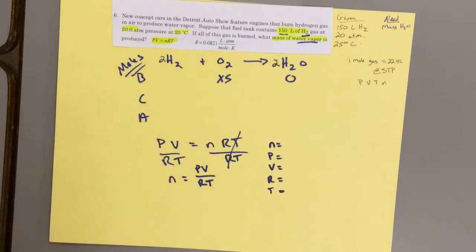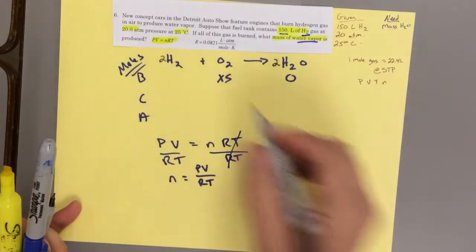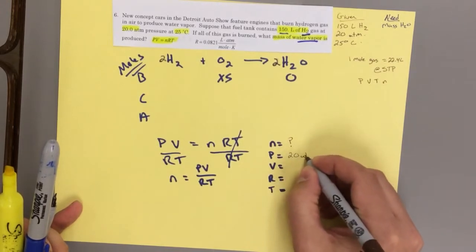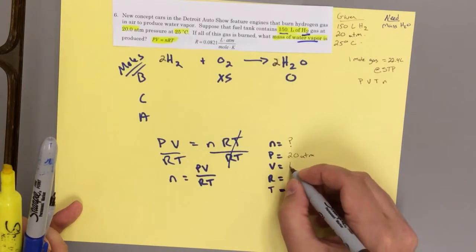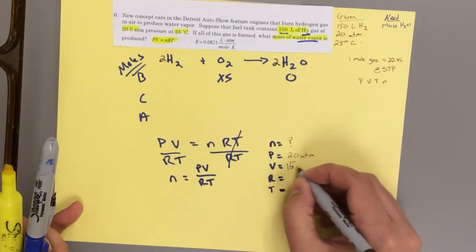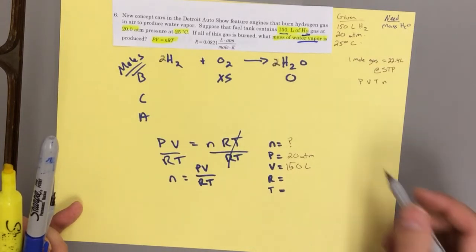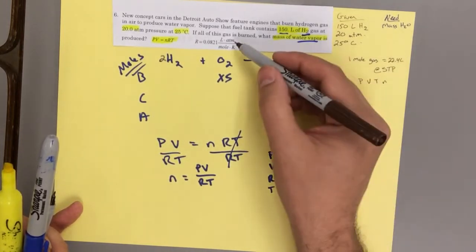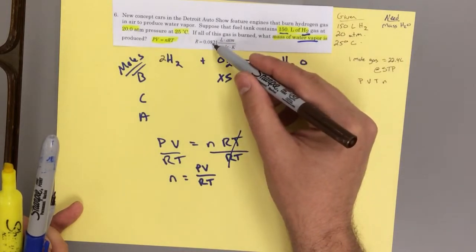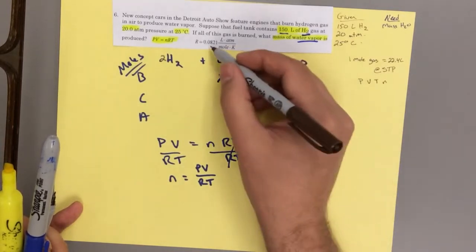Number of moles, we know that's what we're looking for, so that is going to be our big question mark. The pressure is listed for us as 20 atmospheres. The volume is listed for us as 150 liters. Our ideal gas constant, you have 2 choices. They're on the back of our periodic table. This is where the atmospheres becomes important, because in the units here for our ideal gas constant, we see atmospheres present, which means that we need to use this